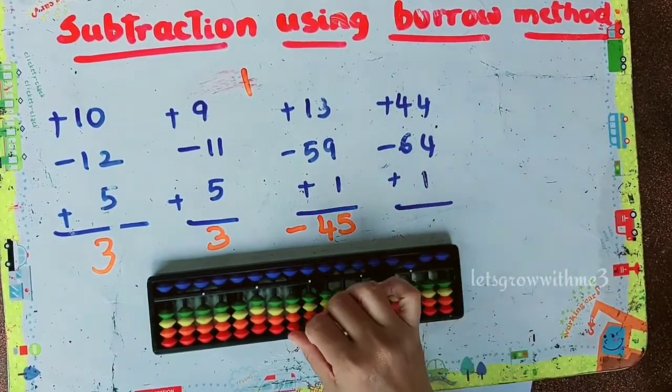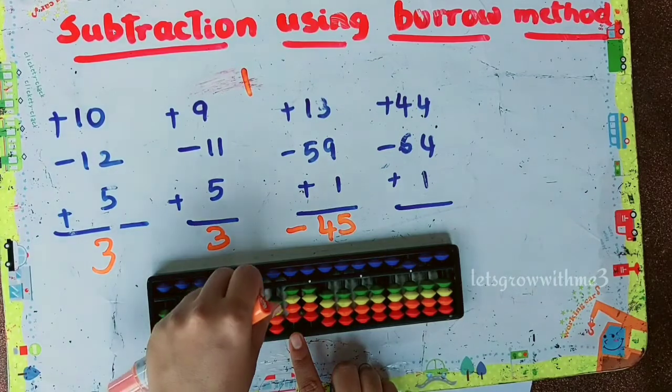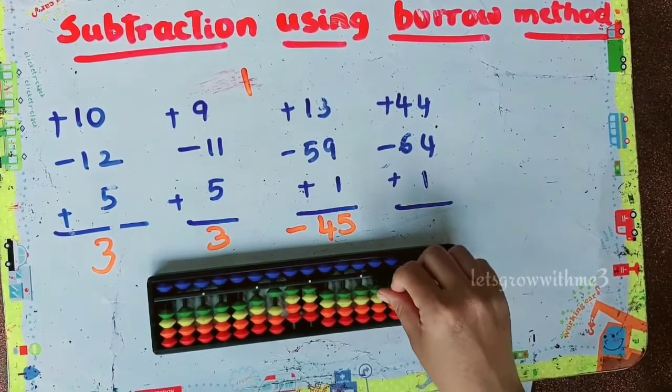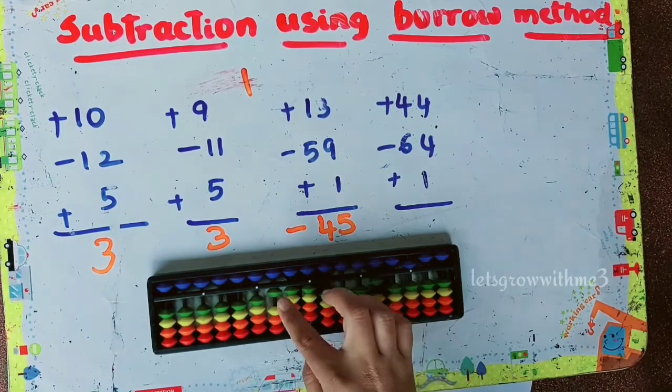This problem is also the same. If you don't get it, don't panic, just do it one more time. 44 minus 6. How to subtract 6? We have 40 only, but we need to subtract 60. So that's why we need to take a borrow and represent that on the other side. So now we can subtract 6. How to? Minus 10 plus 4 we can't do.